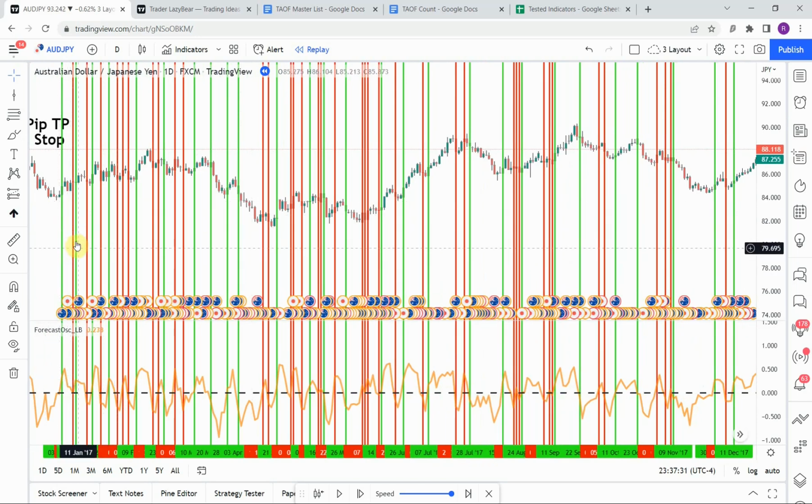So we have 1, 2, 3, up to 65. 65 trades all together. That is